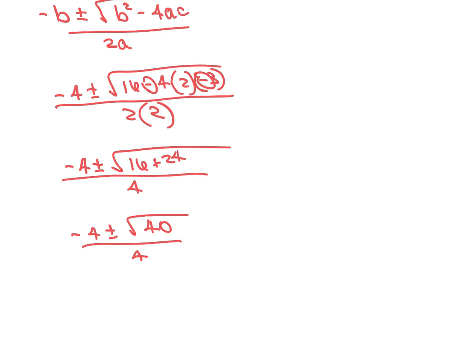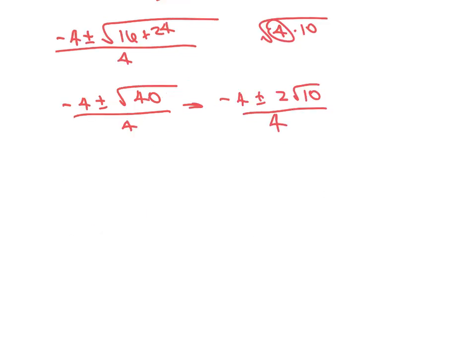And I can change that square root of 40, find two numbers multiplied together that give me 40, that I can take the square root of 1, so I can take that 2 out. Oops, not 2, it's going to be 4. Okay, so at this point it kind of looks like we're done, but if I look here, I can see